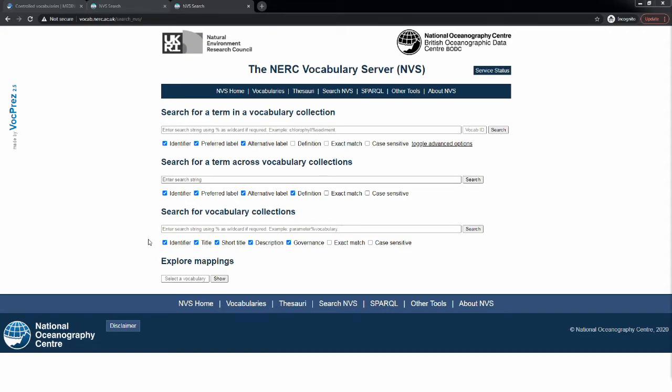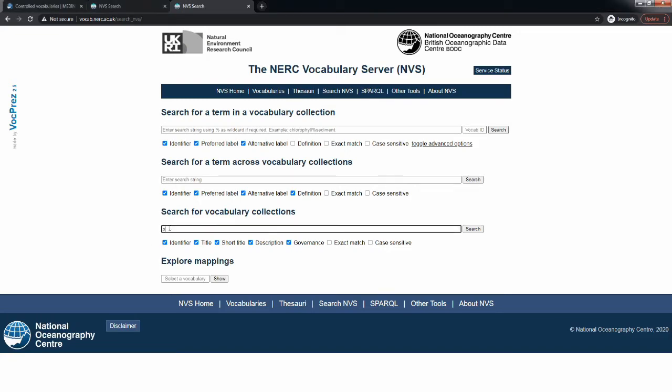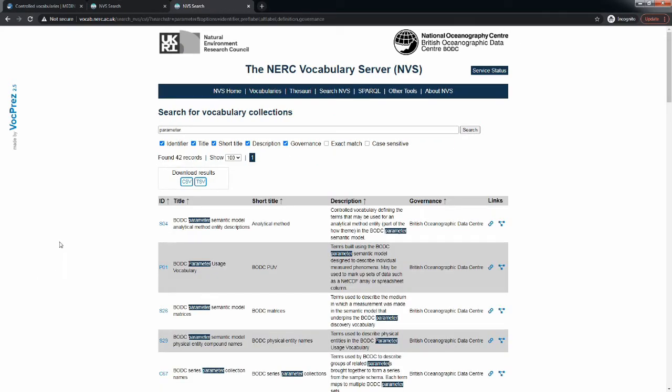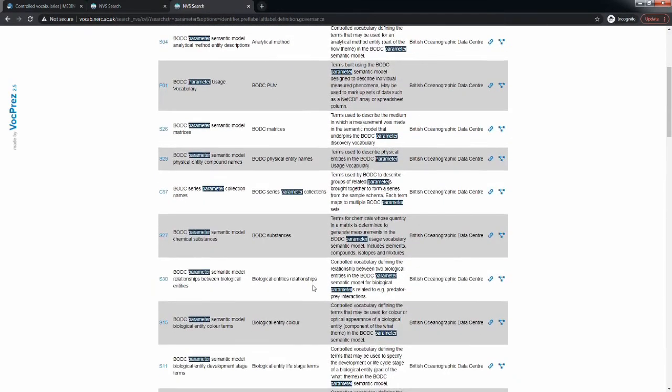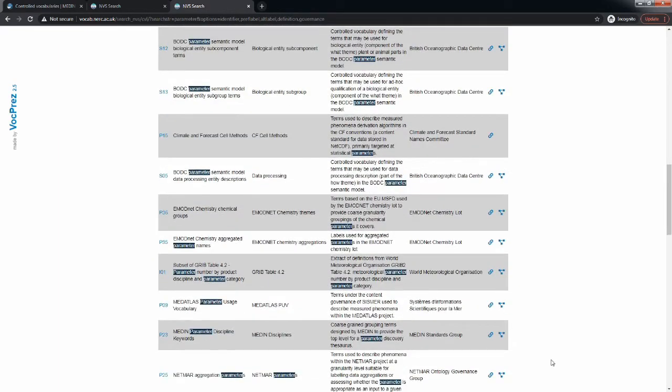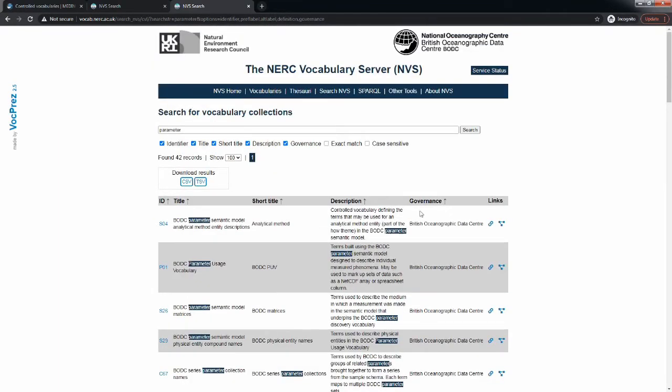We'll use a different example here. So let's say we want to find keywords to describe the parameters or types of data we collected for the discovery metadata record. So let's try searching for parameter. This returns quite a few results, including P01, which is specific parameters, but probably a little bit too detailed to use as keywords. So we've got quite a few others here, so maybe it's worth narrowing down our search a bit more. Let's try adding discovery,